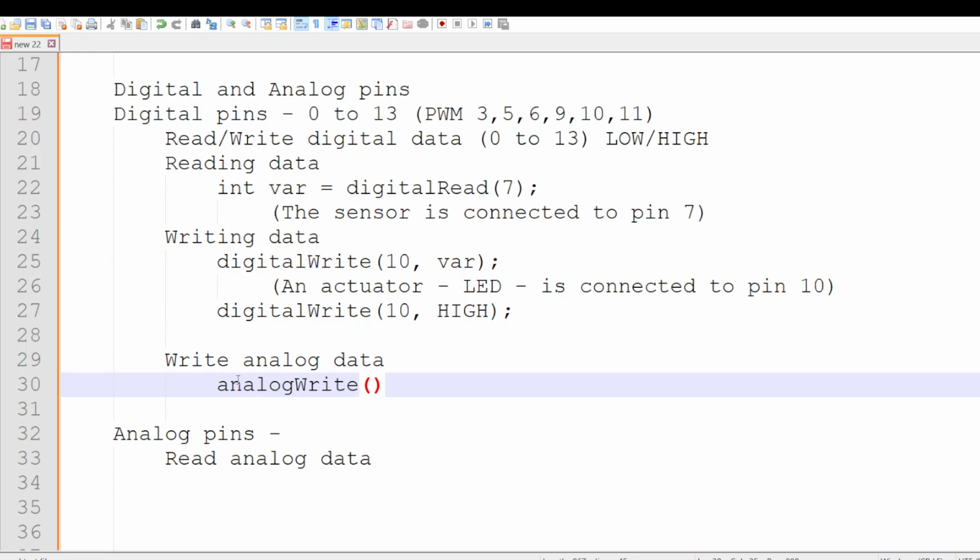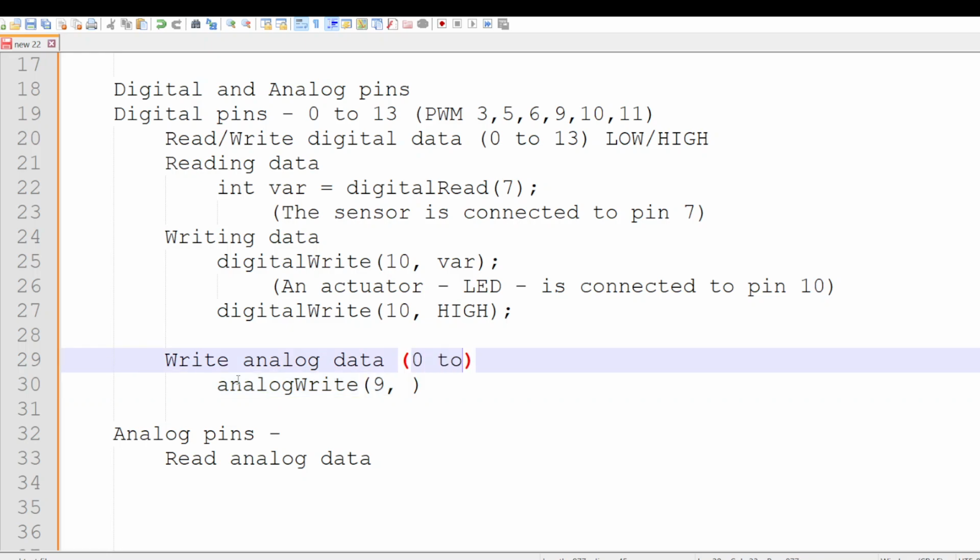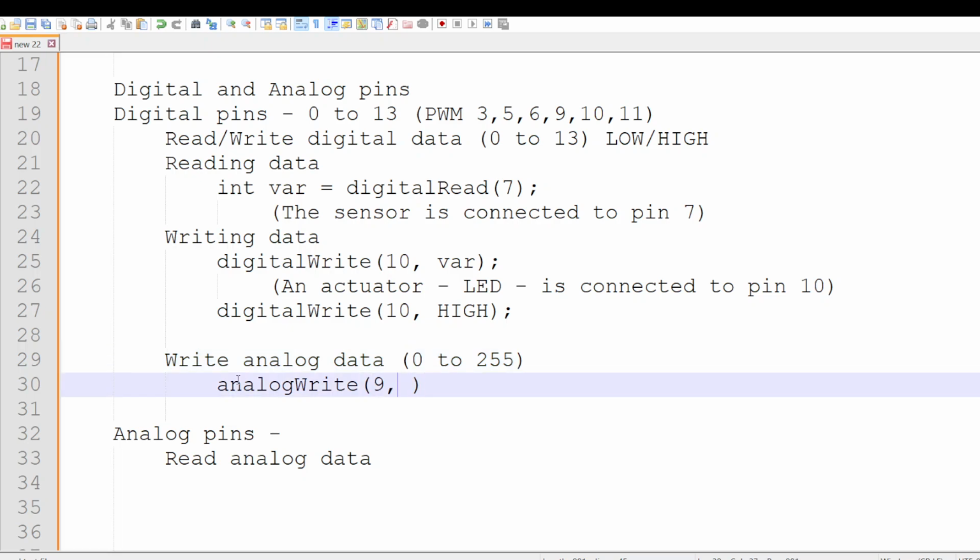So we take any pin which is a PWM pin, for example 9 is a PWM pin, and we write the value. So whatever value you want to write. Now please remember the values here are going to be from 0 to 255. Okay, so that means if I say analogWrite 9 comma 127, which is half of 255,